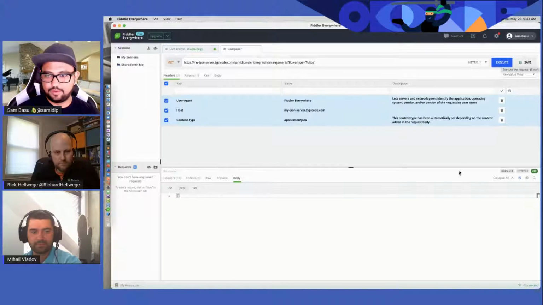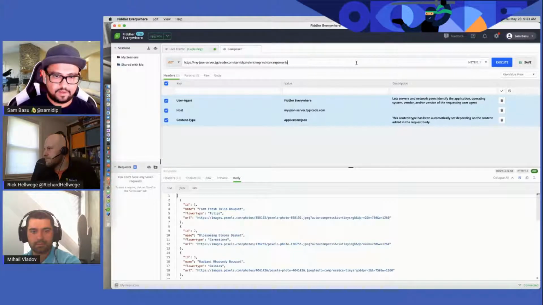No. Well, it didn't fail. Oh, it is a 200, right? So it didn't completely fail on me. It just didn't like the thing. So I don't know if they actually support parameters like this. And I can just hit enter to execute.